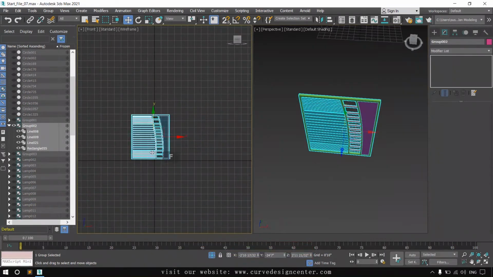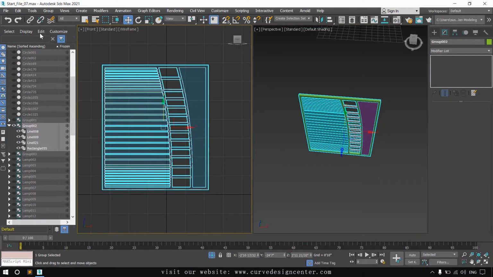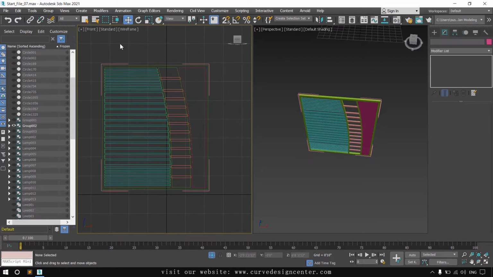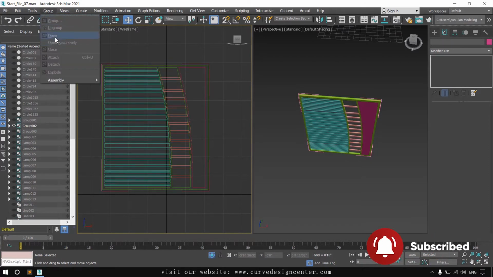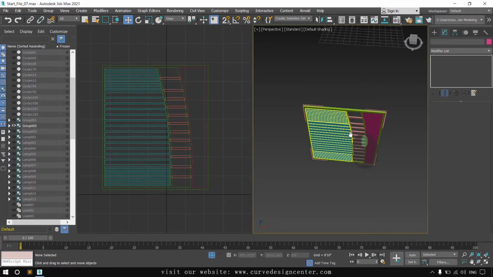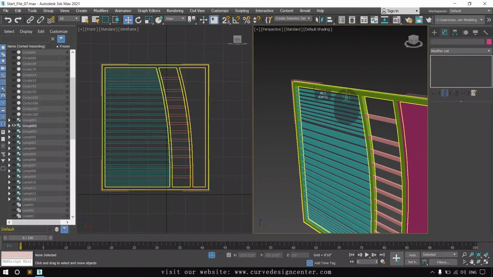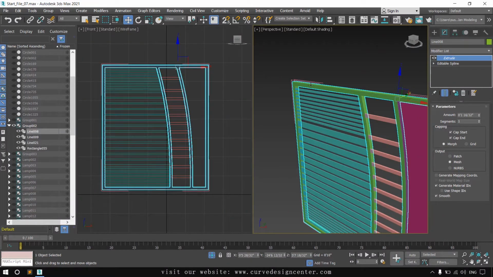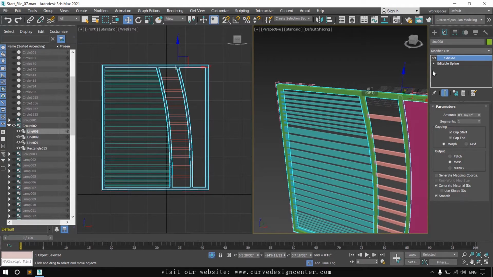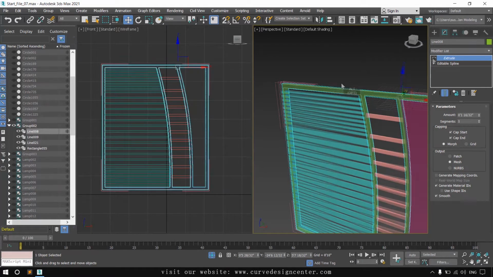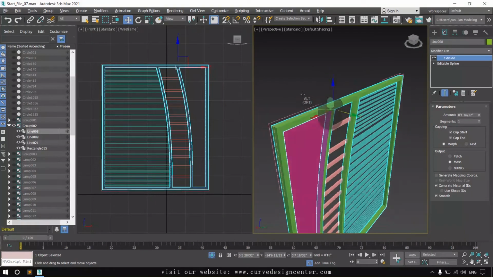Switch to front viewport. It's a group object, so first I open this group. If you want to work with a group object without ungrouping, you can choose the open option and then edit it, and then close. So first we talk about the geometry. I create this with the rectangle, or you can also create with the outline option, and apply extrude to convert this into a 3D object.